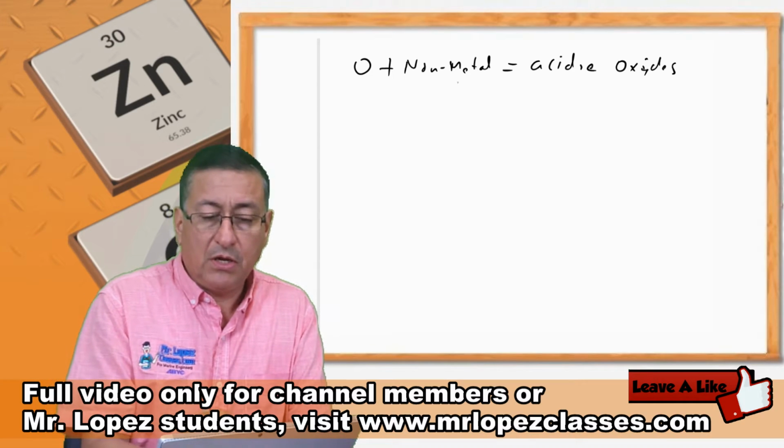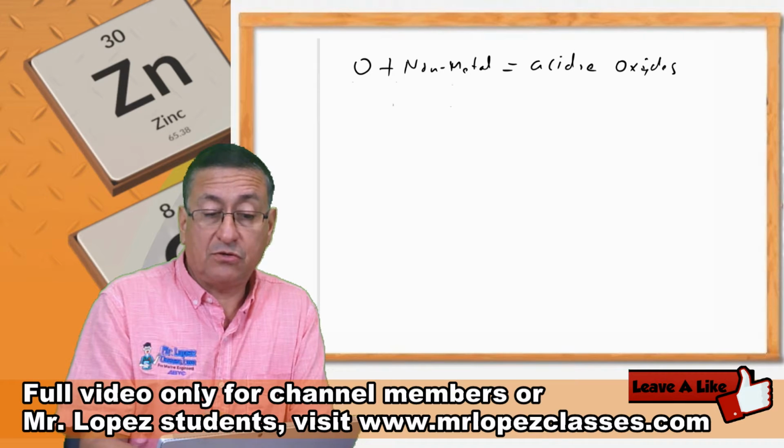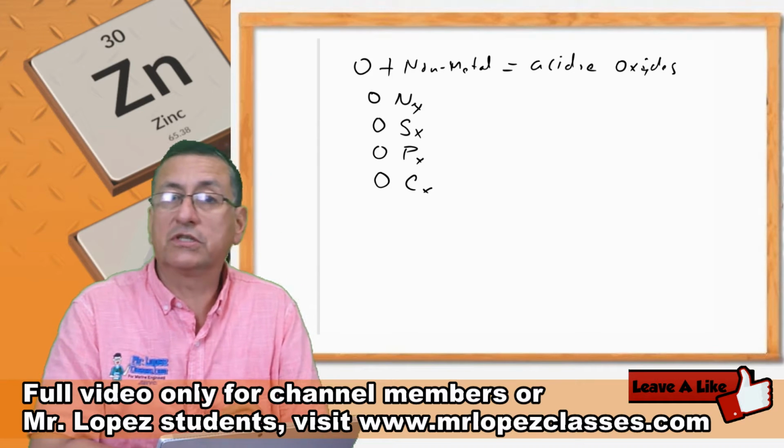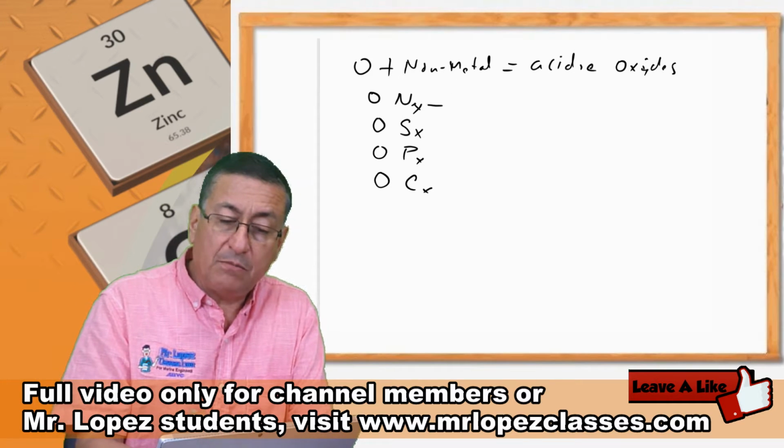For example, oxygen and non-metal give nitrous oxides, sulfur oxides, phosphorus oxides, and carbon oxide. Those oxides plus water